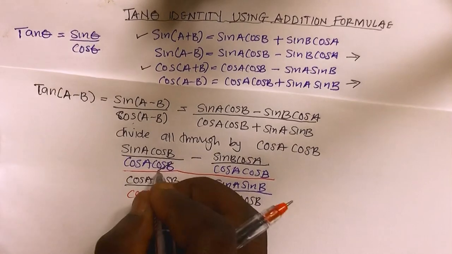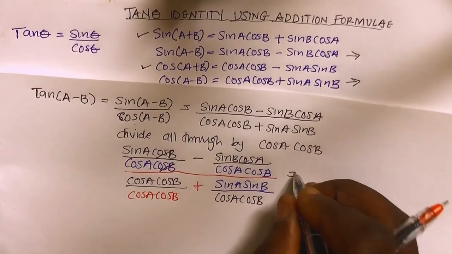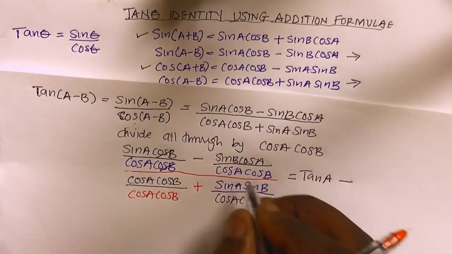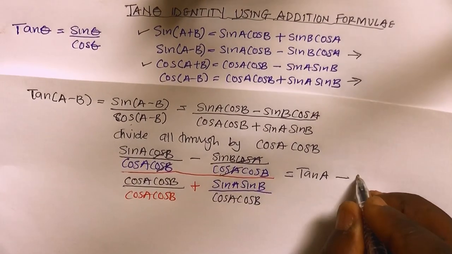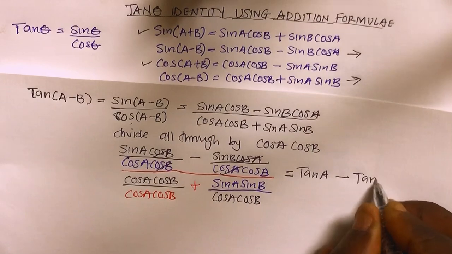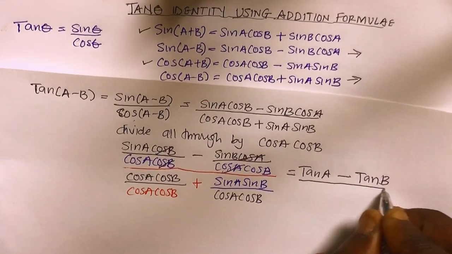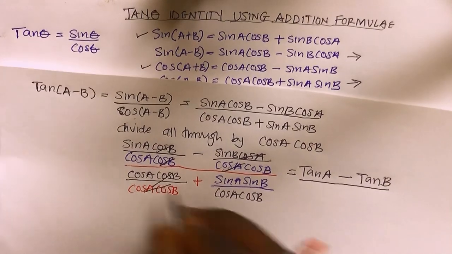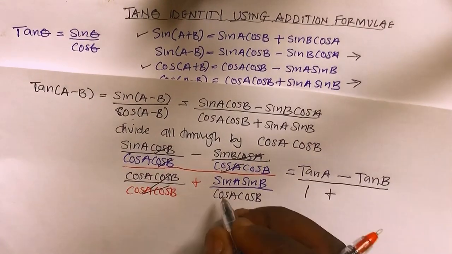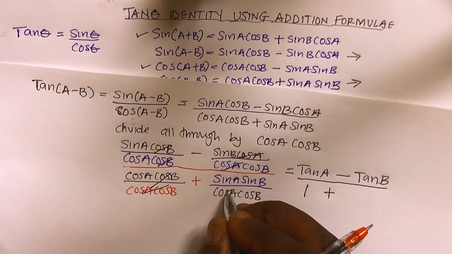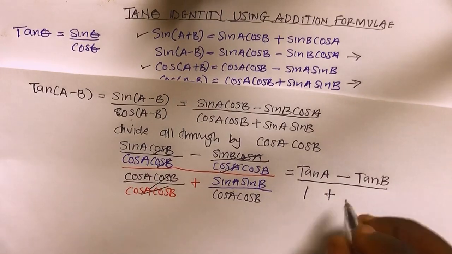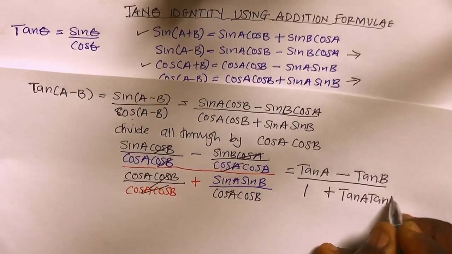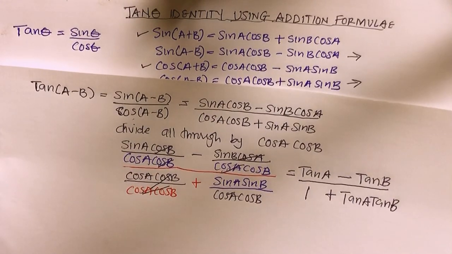Then this we cancel out. We are still going to have the same thing: tan A minus, this we cancel, tan B, divided by 1 plus, no, none of them is going to cancel each other. That's tan A and also tan B. Then let's try to check the similarities and also the